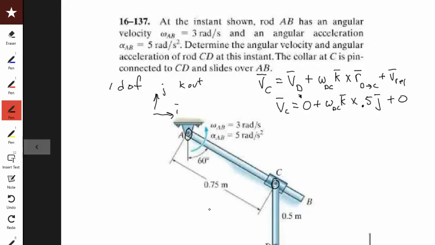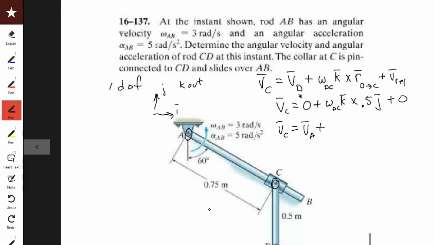Right? So now I have 2 points on the link AB. Those points are A and C. So there's 2 points. 2 minus 1 is 1. I'm going to write 1 equation between those 2 points. So here we go. Velocity of C equals the velocity of A